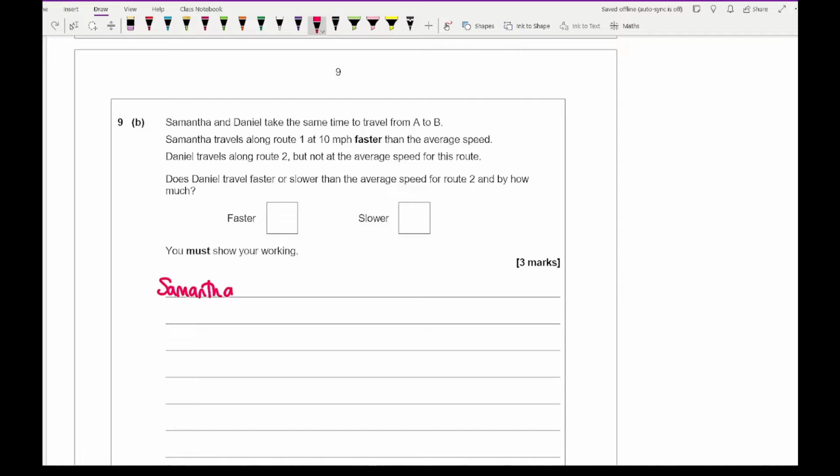Looking at Samantha, she's traveling 30 miles at not 40 miles per hour, but this time 10 miles per hour faster. So she's going to be traveling at 50 miles per hour. That's going to be 30 divided by 50, which equals 0.6 hours. If they're traveling for the same time, then Daniel's time is also going to be 0.6. So then looking at Daniel,